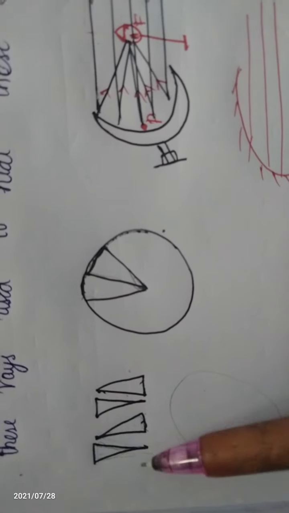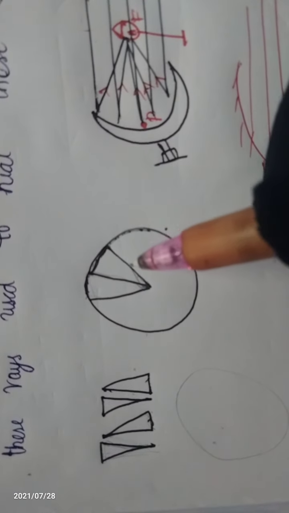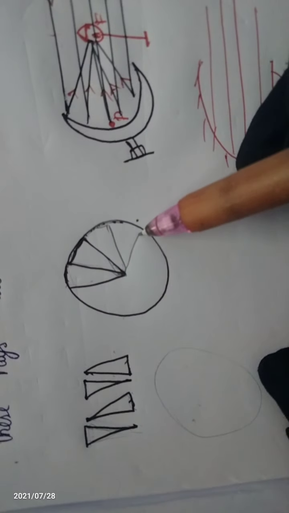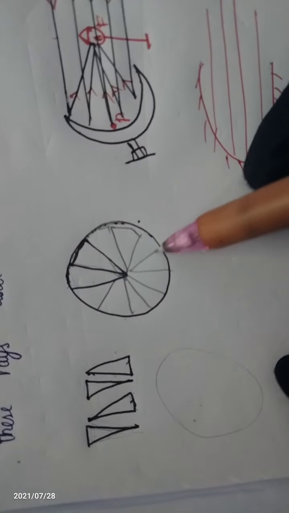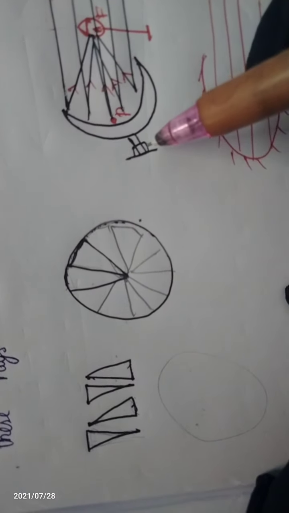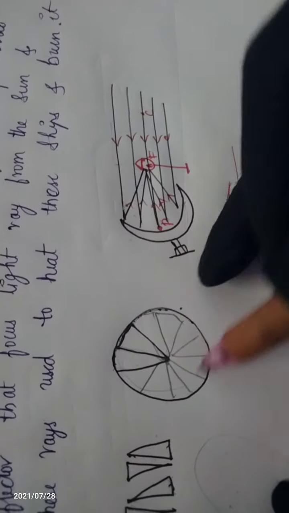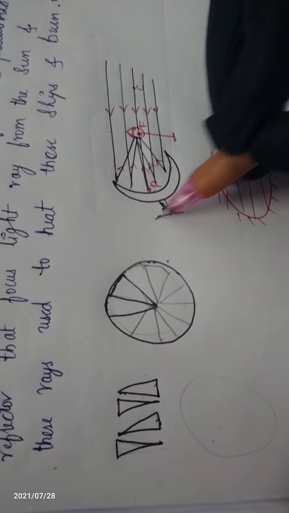As you can see here, these pieces of isosceles triangle we have to place on the frame which we used in place of the concave mirror. We used the antenna, right? So we have to place the pieces like this, and paste them completely. After pasting, what do we do? We fix this frame on top of the antenna and keep it on the roof.